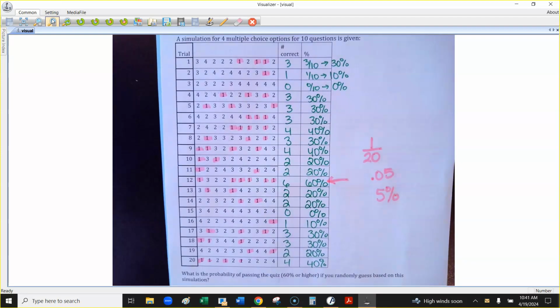So perhaps the moral of the story is we should not randomly guess on multiple choice, and we should actually study. So, anywho,